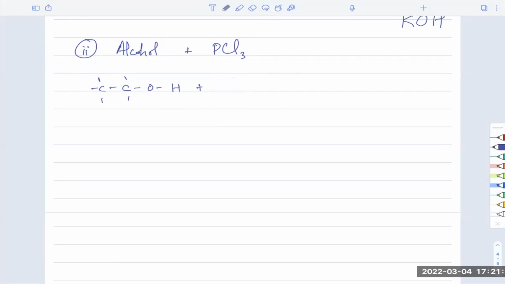I'll open it up. So P with 3 Cl. So 1 Cl goes with the hydrogen. And the other two,